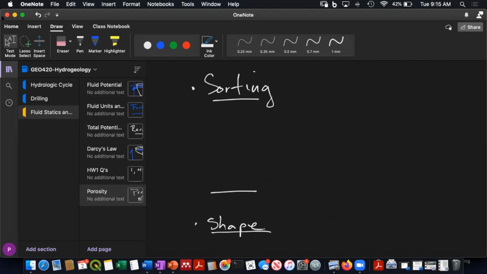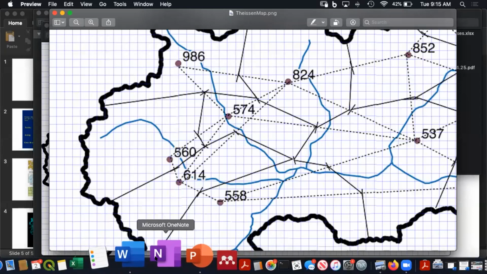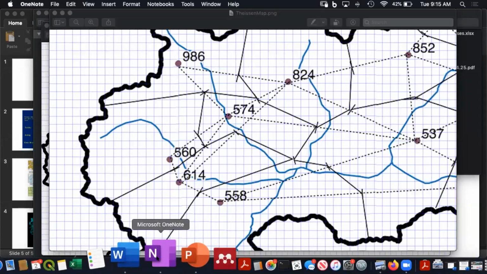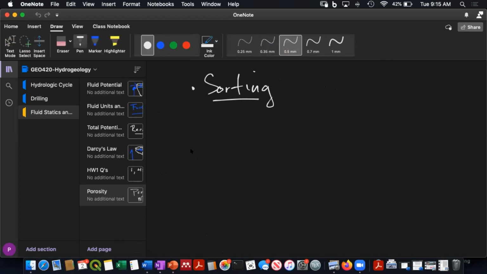I'm going to quit OneNote and open it back up. Yeah, see, it wasn't even, that's all right. Shape,